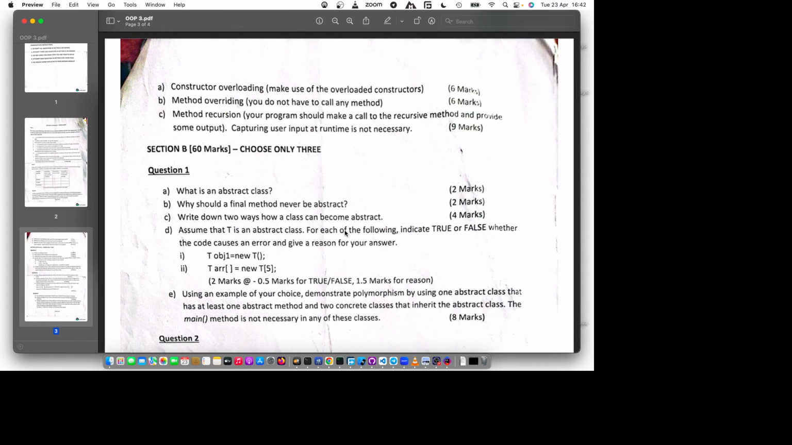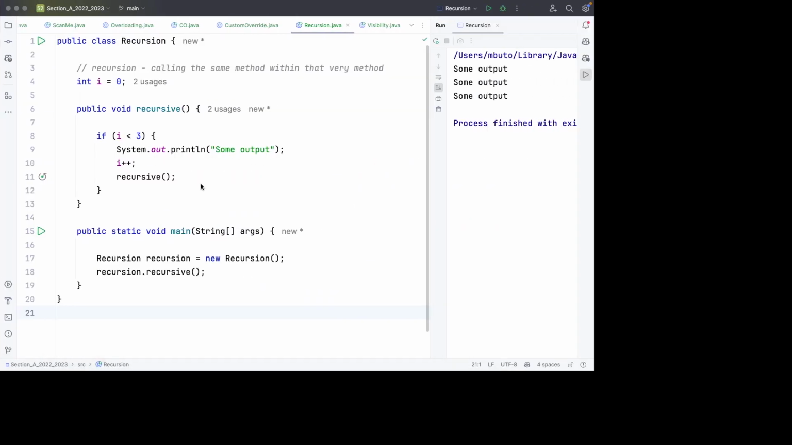Next is section B. Let's do those in different